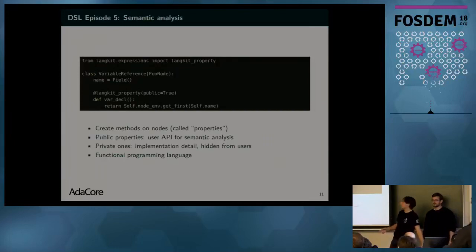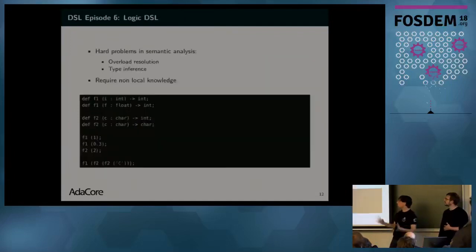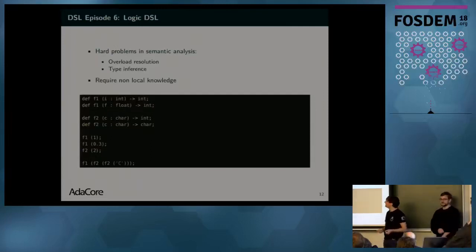Okay, so with just this base, we can already do parsing and analysis for a great deal of languages, and this is cool. So all you have to do is write all the properties you need to answer the requests that you want users to have access to. But there is still a missing piece, which in Ada we needed, which is overload resolution and type inference. These are problems that are difficult to solve using a mere functional language because, for example, here,